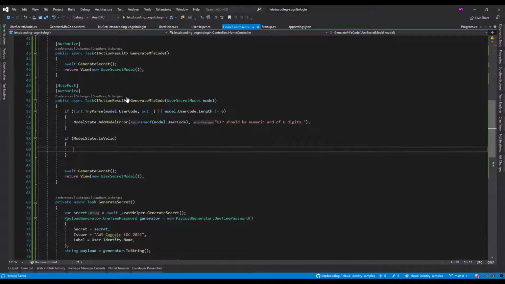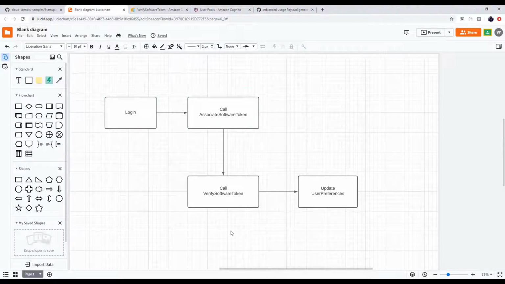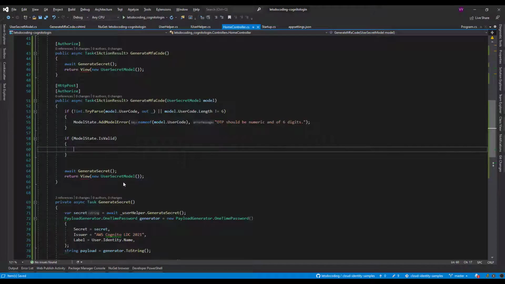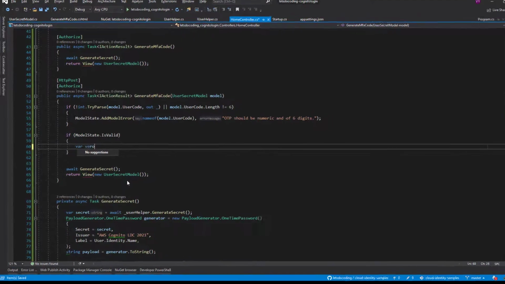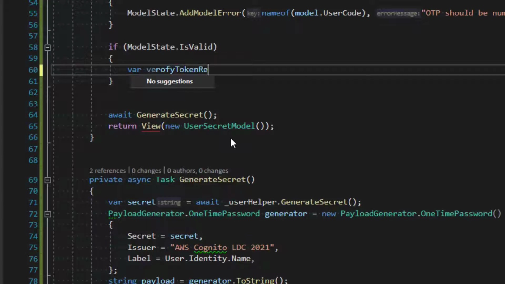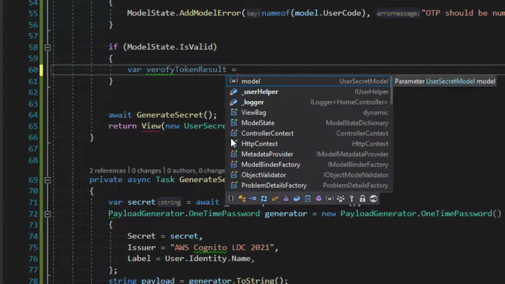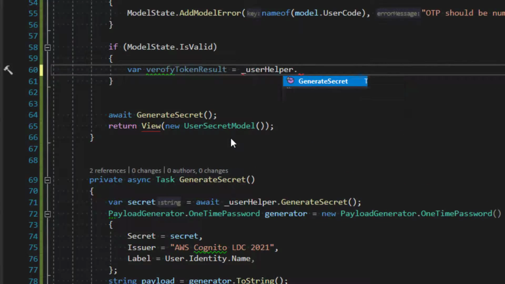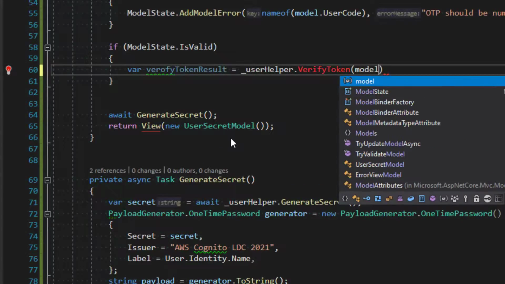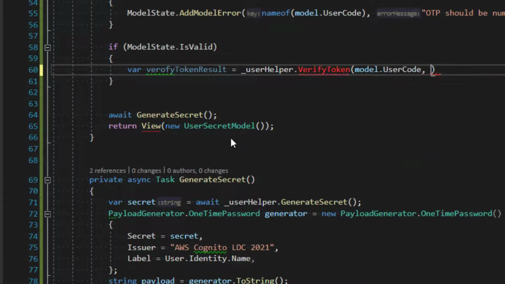Now inside our validation, if we go back to our chart, now we need to do actually two operations. One is verify software token, and the other one is the update user preference to use the software token. So let's do that now. Now I just store it in a variable which is actually a bool. It will come from, again we need to use the same library that we have, and two things we need to send: user code and the